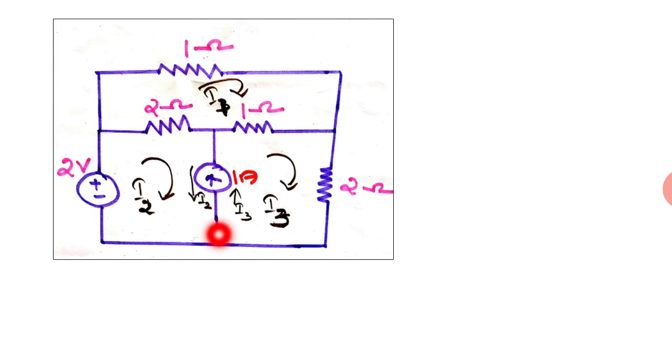1 ampere means it is given in the upward direction. Then we will write the direction of these two currents. That is, I3 is upward, I2 is downward. So this current 1 will be I3 minus I2. It is I3 minus I2 because